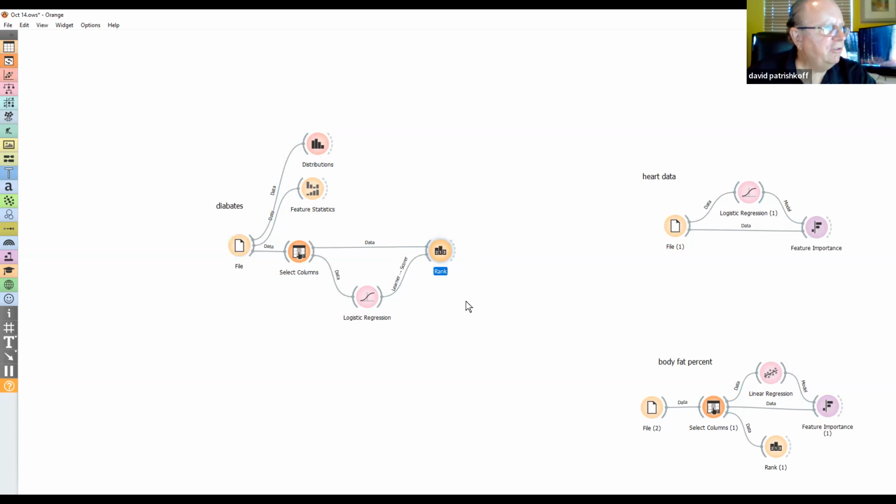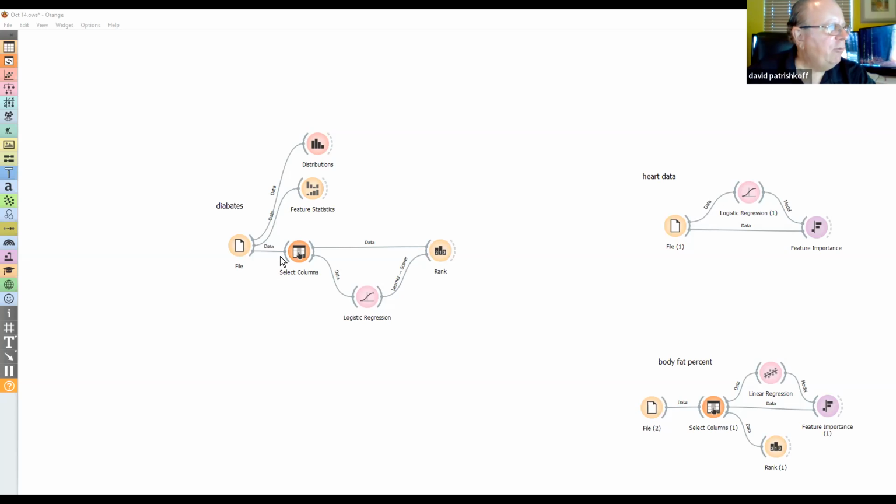Once it's laid out in this configuration, I can just click on it. And there are some interesting things with the rank widget. First of all, you could see there are 1, 2, 3, 4, 5, 6, 7 different, which are referred to as scoring methods. You might notice right now I don't have any of them clicked for a very specific purpose, and I'll go back and check them. But I first of all wanted you to see